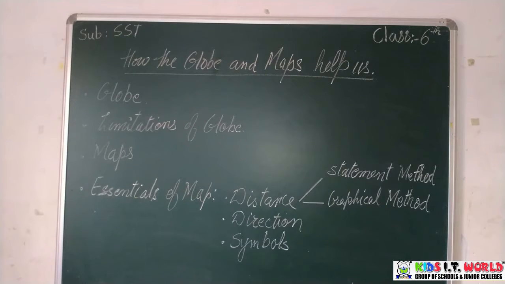In spite of all the limitations, globe has many advantages also. It can be easily rotated, just as the earth rotates on its axis. We can easily understand the change of season on earth. Distance, direction and exact shape of continents and oceans, etc. are best represented on the globe.